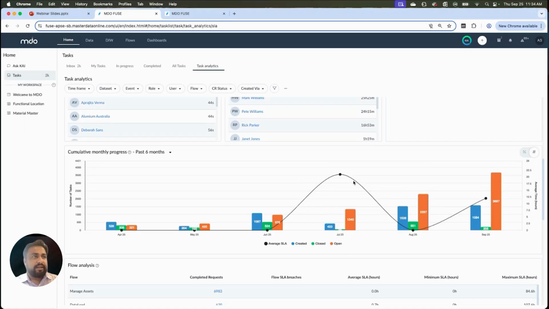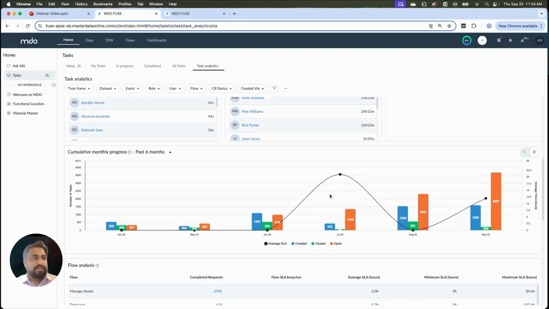The SLA average line, which we see here, helps us understand the average SLA from a monthly view. From an organization perspective, we want to see that the SLA timelines are stable or reducing, so that we have an efficient process running and there are no delays. But if there's a spike in the average SLA, that's where the managers and the stewards want to see why it's happening, and that's where the fixes would be required.